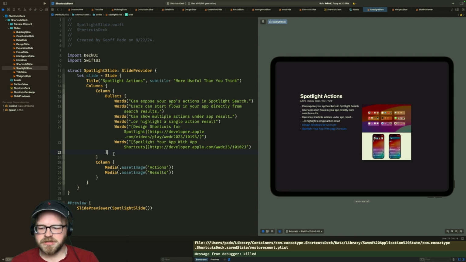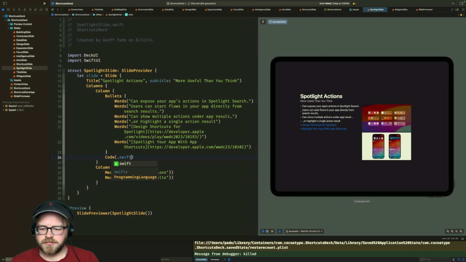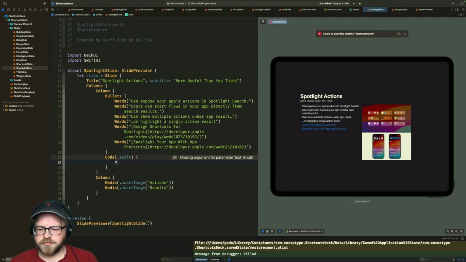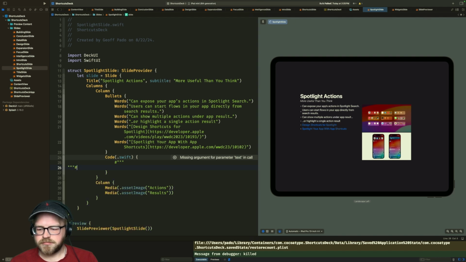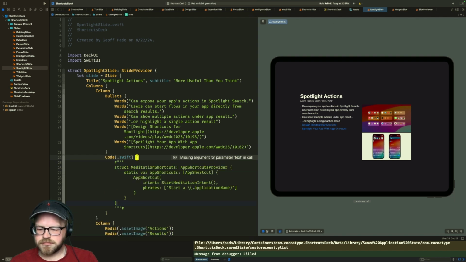Can I put the code just underneath here? Will it fit under there? It will. Okay, cool. We're going to rename this to all of ours. So code, shortcuts, app shortcuts provider, blah, blah, blah.